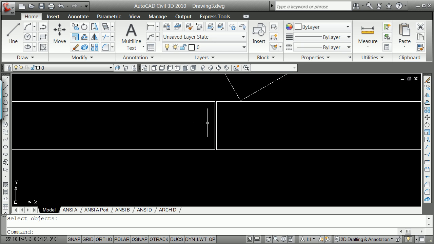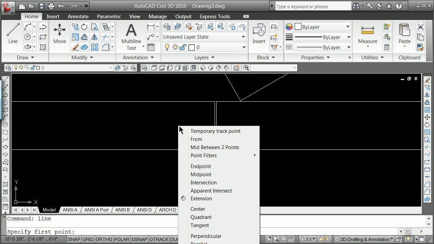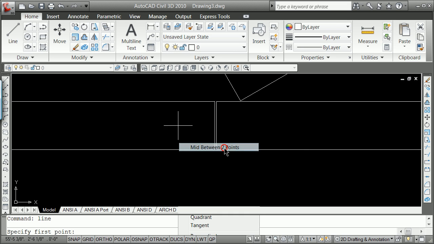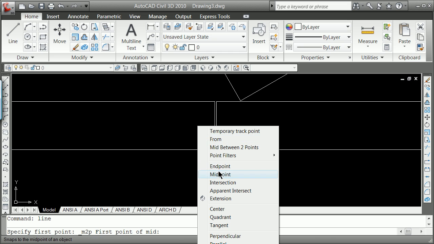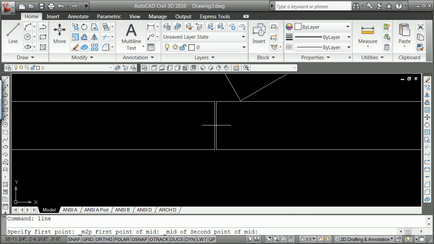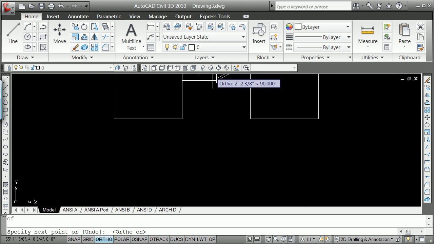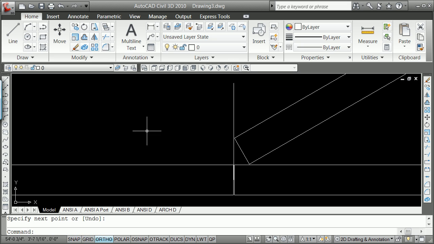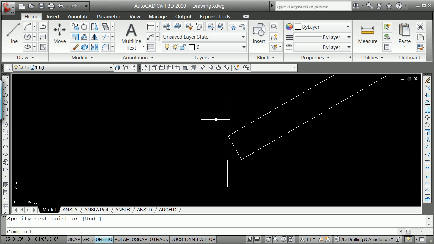And in the end, what I really would like to have had here was a mirror line, so I can now take a line from shift right click, midpoint between 2 points, from the shift right click midpoint here to the shift right click midpoint there. And I can turn on my F8 and get in there, zooming in and out, to get my center line, my mirror line, because in all reality I should have been drafting one side of this only. So I'm going to take a mirror here,